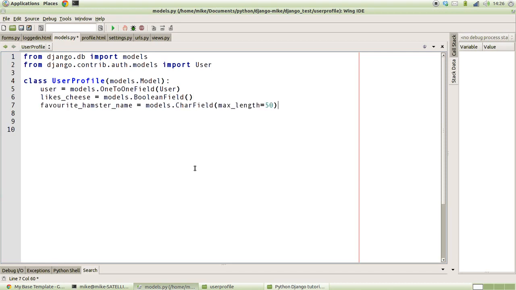And favorite hamster name. I'm feeling really creative with property names today, so if you're wondering why I put that, it's for absolutely no reason whatsoever. It's just what I thought of at the time. And it's a char field, so basically it's going to be some text, so you can probably write in, I don't know, your favorite name or whatever